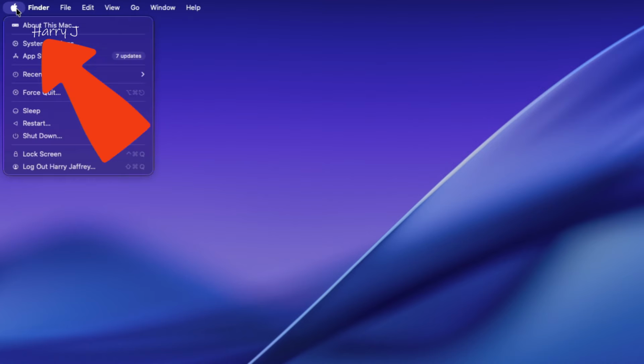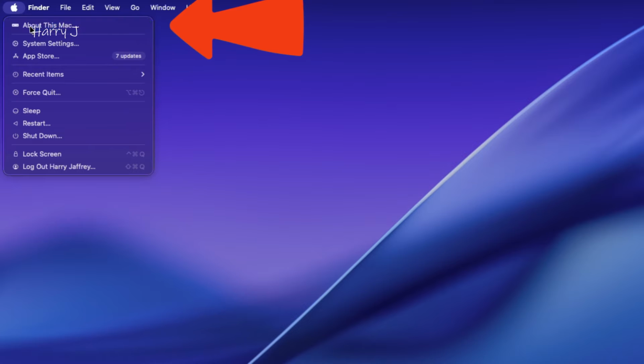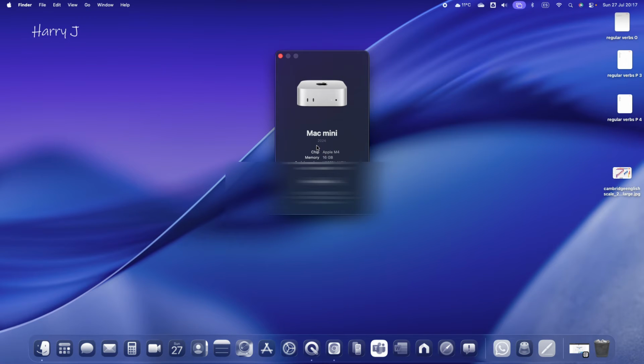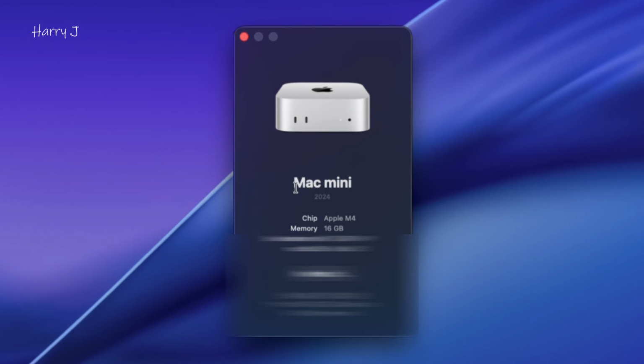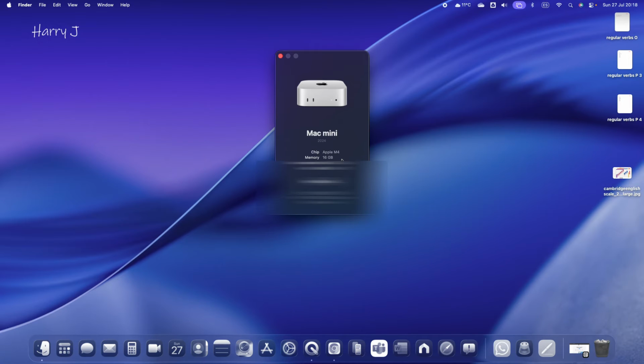You can see here the Apple logo. Click this one. The first option you see here is About This Mac. Click this one. Check your Mac version. For example, I have a Mac Mini 2024 with the Apple M4 chipset. So this is the latest version of Mac with the Apple chipset M4. This is eligible. So if your Mac is older than 2020, than M1, or 2019, then you can't install